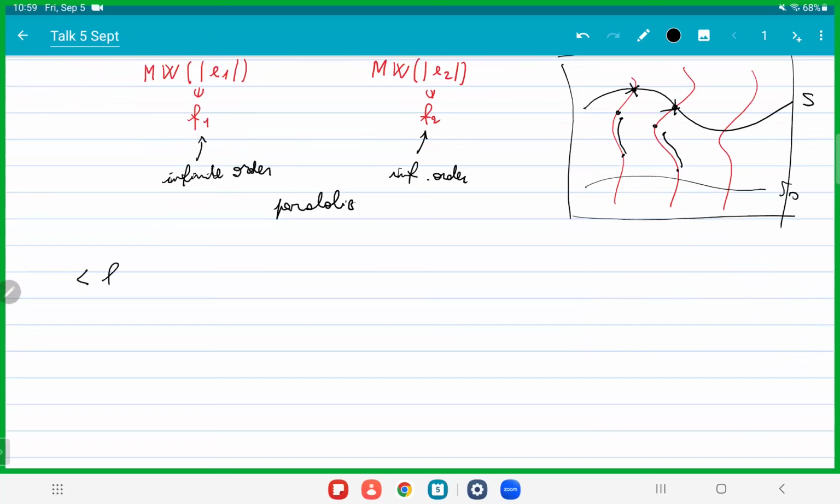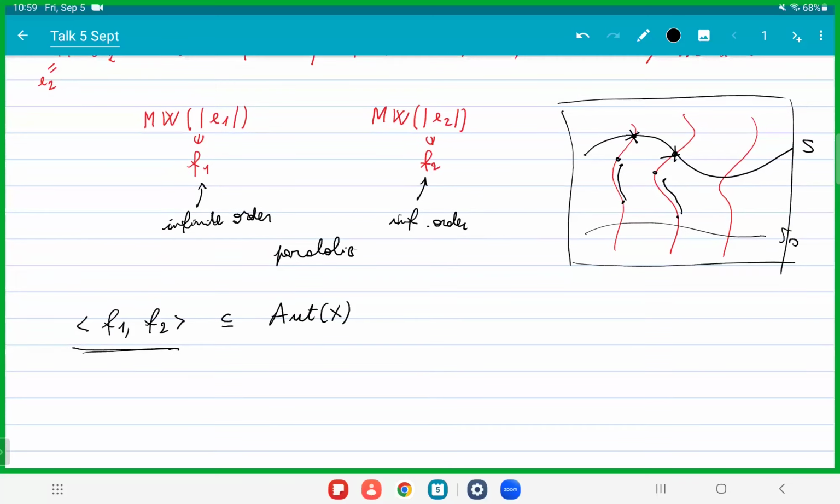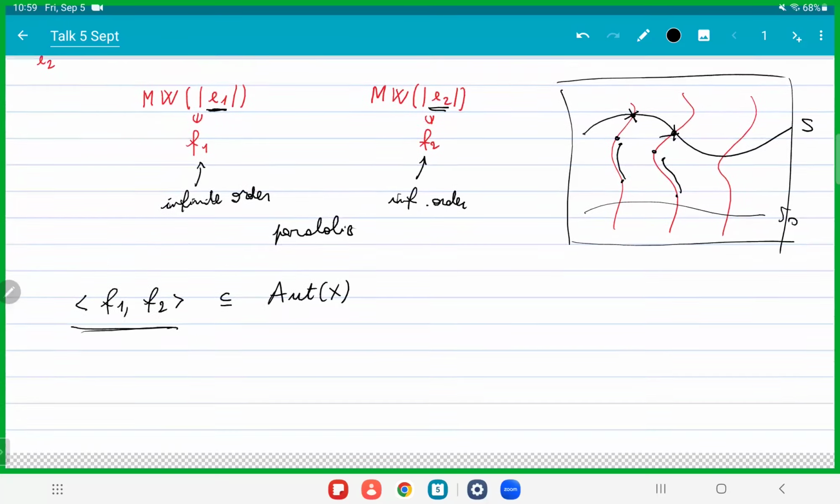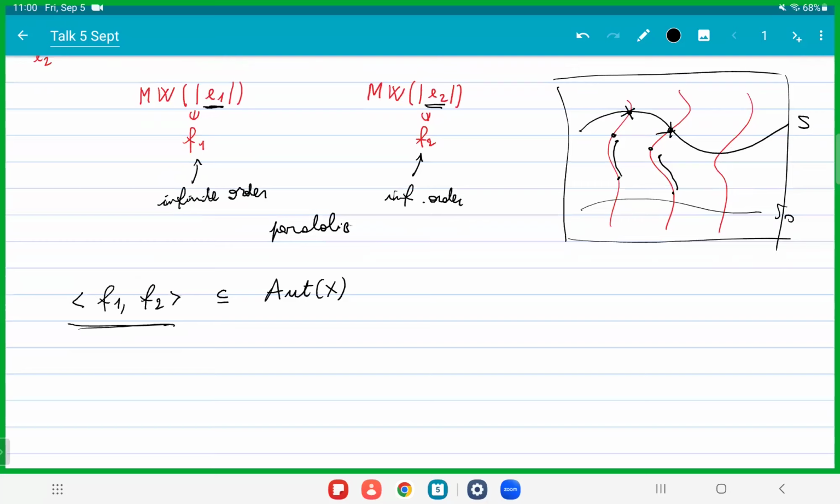But consider the subgroup of the automorphisms generated by F1 and F2. Let's assume by contradiction that the automorphism group is virtually abelian, so it's elementary. Let's see, this subgroup cannot be elementary of elliptic type because it's infinite. It cannot be elementary of parabolic type because in that case all elements would fix the same boundary points, but we're fixing different boundary points: once we're fixing E1 and once we're fixing E2. Okay, and I'll conclude in a second.